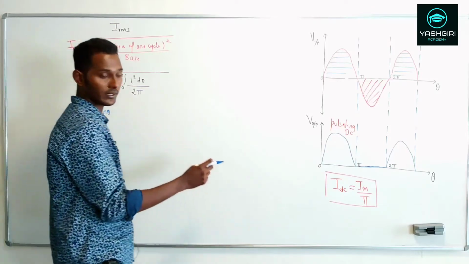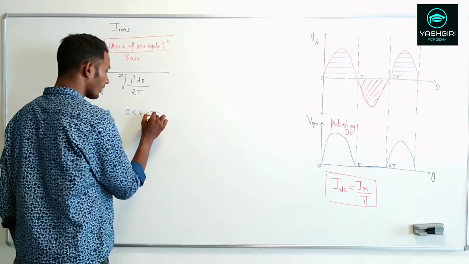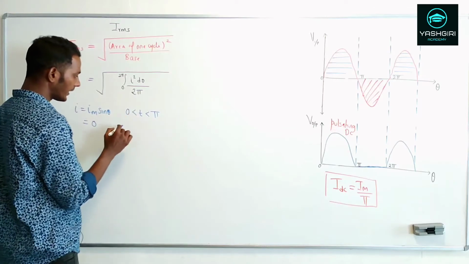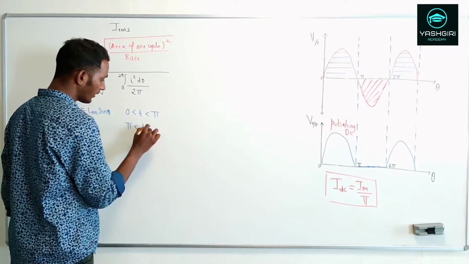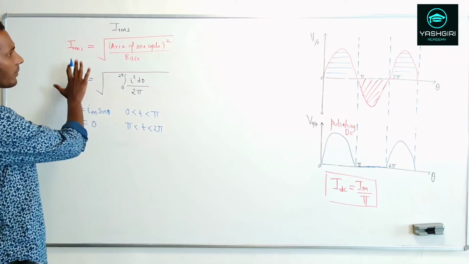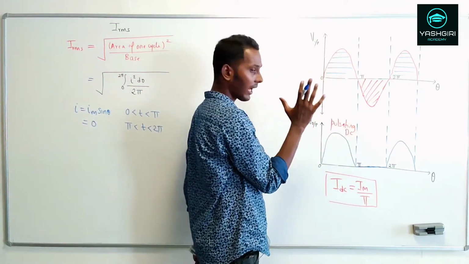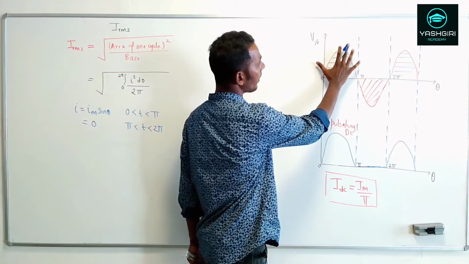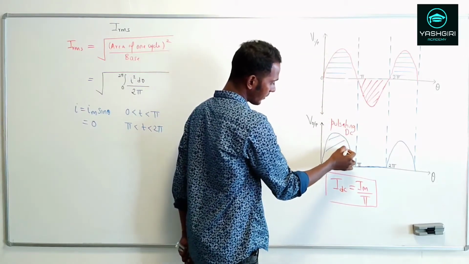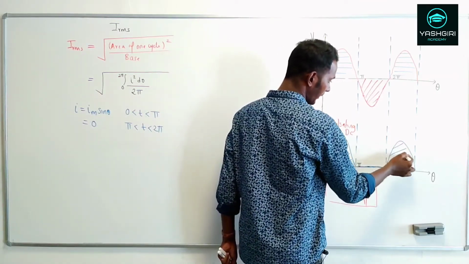So for which region are we getting it? For 0 to pi. So for 0 to pi, I'll get the maximum current, or the voltage we can say, and for the next negative half cycle, from pi to 2 pi, it will be 0. Now here we are looking at the IRMS of the input AC signal. But what we know is that we are working with the half wave rectifier, so only the positive half cycle is rectified. Thereby we get only the half wave at the output, from 0 to pi.